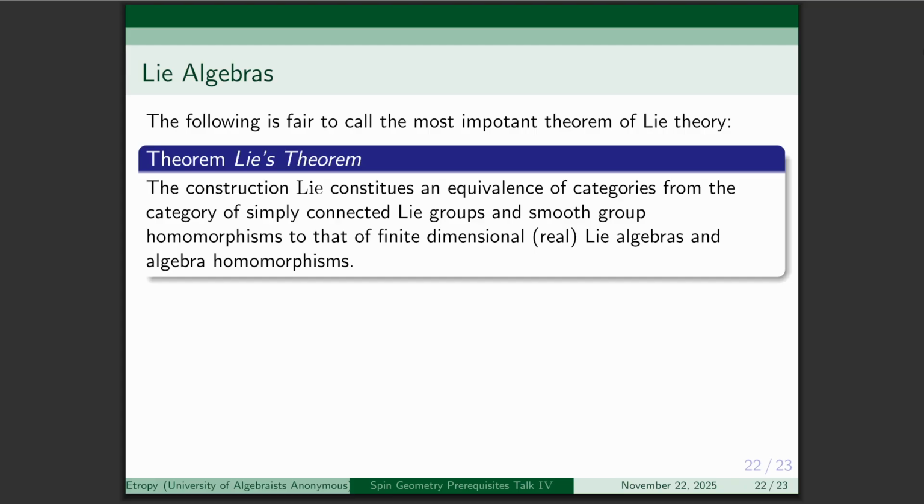So note that you can take the Lie algebra of a Lie group that's not simply connected. Though it's not going to matter: if you have a not simply connected Lie group, you can take the universal cover, and it's going to turn out that the Lie algebra of the universal cover is going to be the same as that of the Lie group you started with. The construction of the Lie algebra only depends locally on the bracket, and so it works out as long as you have local isomorphism. So this essentially means that you can think of simply connected Lie groups exactly as